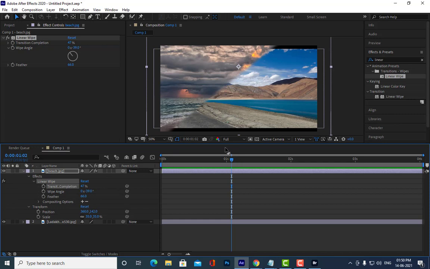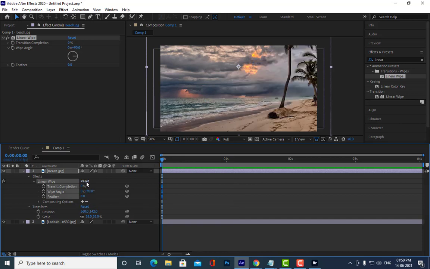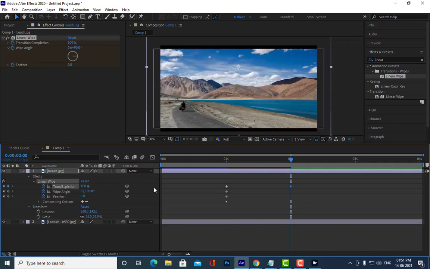Okay, able to understand everyone? The entire animation is gone, and you can just hit that reset button. So everything is gone now, all the animation. So now what is the next thing we can do? We can do manual animation now. So I will simply click the stopwatch here at 1 second. Okay, at 1 second I am hitting the stopwatch, and at 2 seconds I will simply increase the transition.